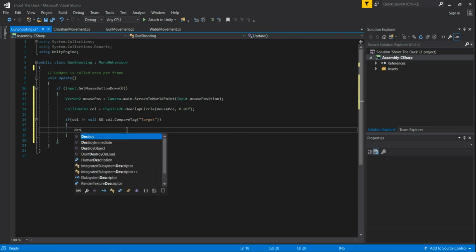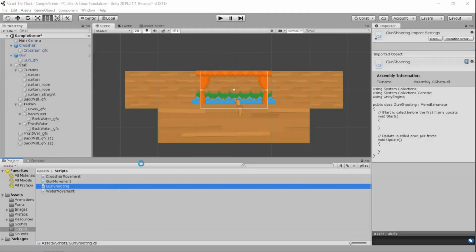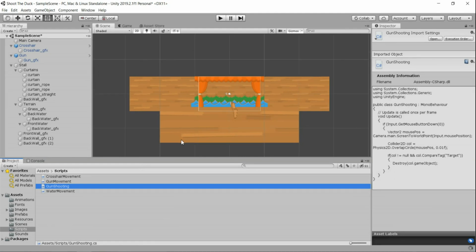So we are going to pass here Destroy, and then take our game object. Actually we need to pass here collider.gameObject. So no, just a game object. In that case that will mean destroy our gun. So when we pass here collider.gameObject, that will destroy the game object that we hit with our imaginary bullet. Okay, we are going to save this script, but you know already that we cannot test this script